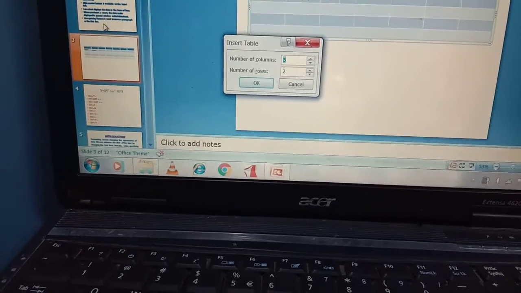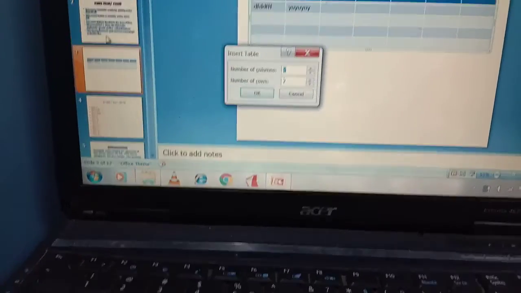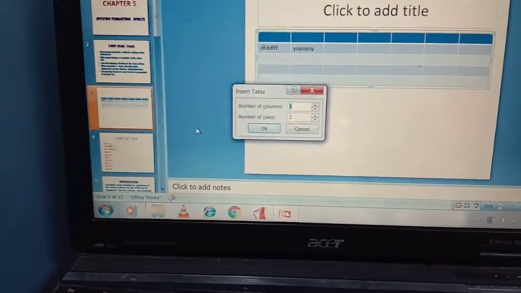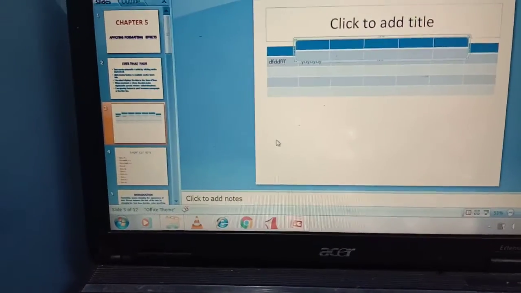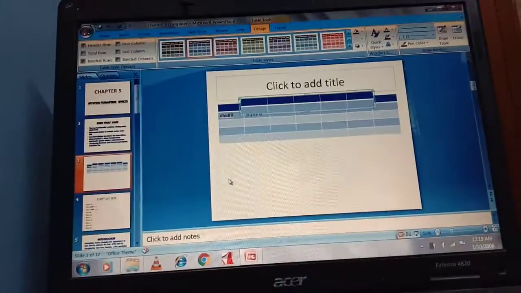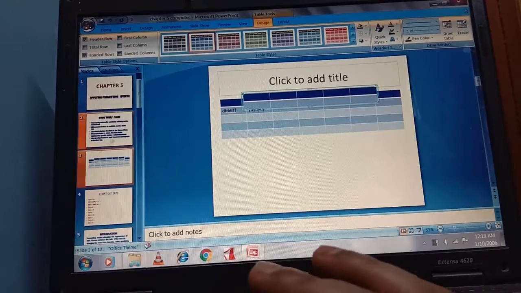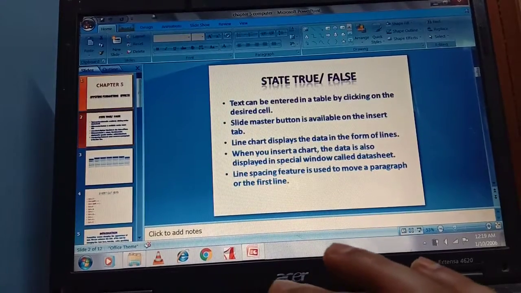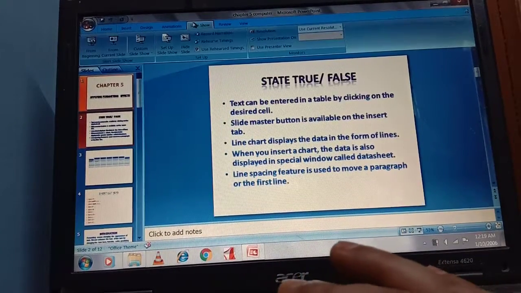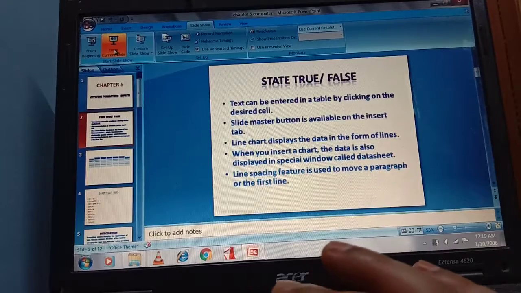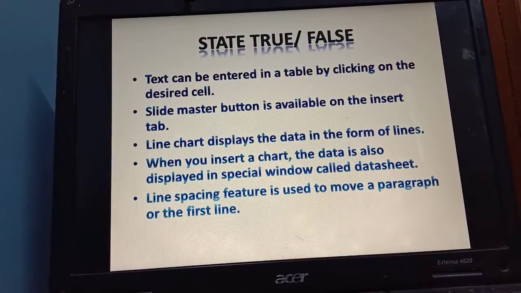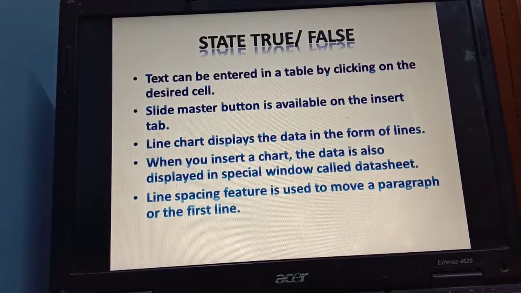Then your desired table will appear in front of you on the slide. Is it clear? Okay, student. So our statement is correct. So let's come back to the slideshow. Text can be entered in a table by clicking on the desired cell. So it is true.